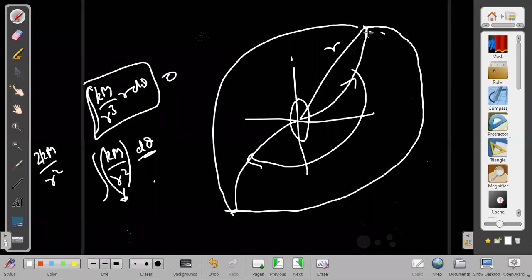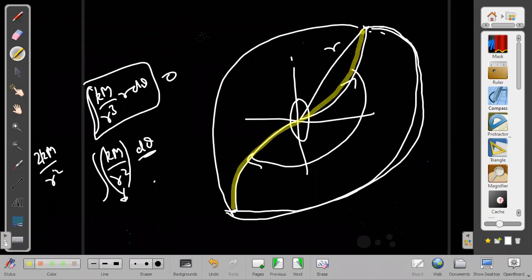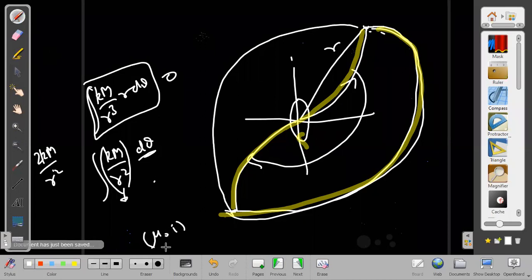Means I will form a closed loop, and in this closed loop, whatever line integral I'm getting is only on this part, but I'm getting 0 line integral in this part. If I'm getting 0 line integral in this part, then what do I get from there? Already it is a closed loop now. Then in a closed loop, what should I get the line integral to be? It will be equal to mu naught I.